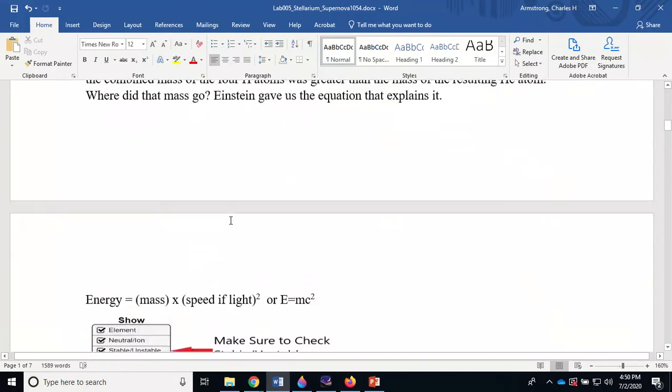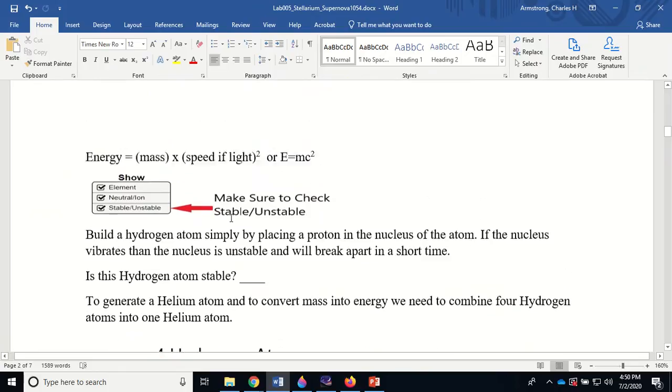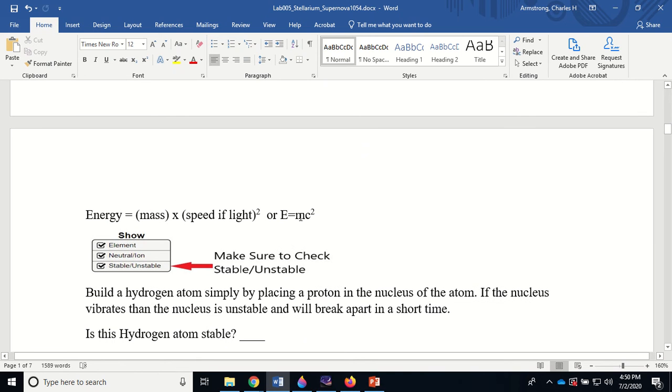But anyway, the extra mass, oh, there it is. The extra mass is what gets turned into energy. That's just the speed of light squared, 3 times 10 to the 8th meters per second. That's a constant. So the mass that the hydrogens have that didn't end up in the helium gets turned into energy through